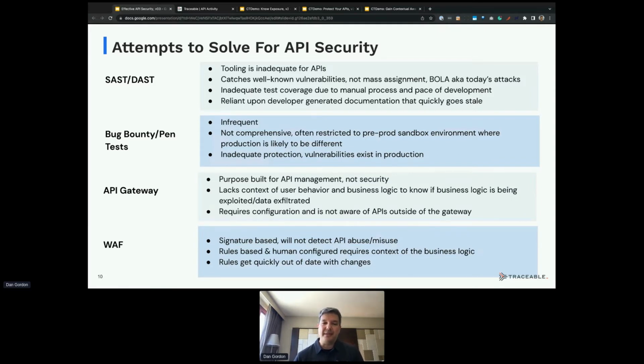They're not dynamic enough. They won't detect API abuse and misuse because they don't understand APIs and how they work. And they're not looking across state. They're looking at individual situations and attacks. As well as needing to keep up those rules as we rapidly change our software, WAFs are like solving for playing checkers, while API threat actors are playing chess.